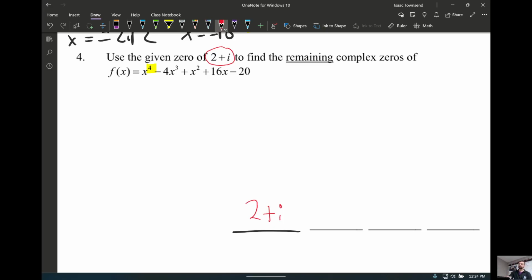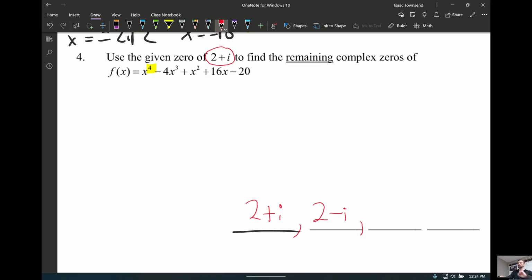And there is basically nothing you can do to move forward until you realize, well, this is an imaginary zero. Imaginary zeros always come in conjugate pairs. So 2 minus i is also a 0. Okay, now that we've got 2 of these, this question is kind of a pain, so you'll just have to